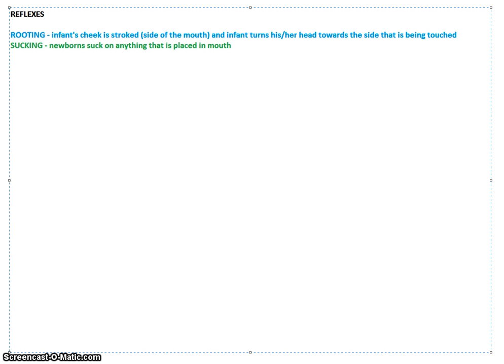Another reflex is the Moro reflex. The Moro reflex is when newborns arch their back and fling out their arms and legs, and then sort of move to almost a hug type thing when they're startled or they think they're falling. So I'll write that down first. So the newborn arches its back, flings out its arms and legs,